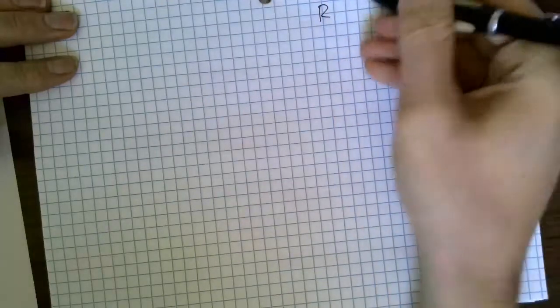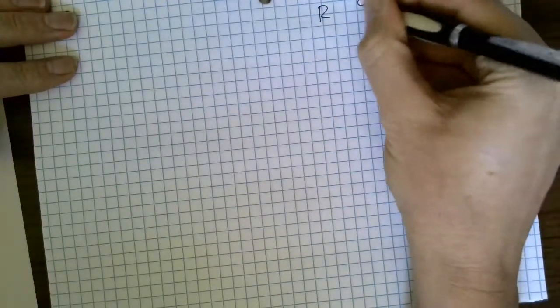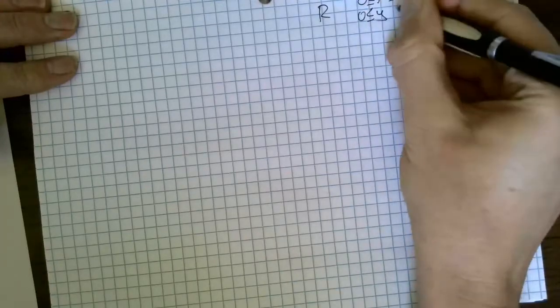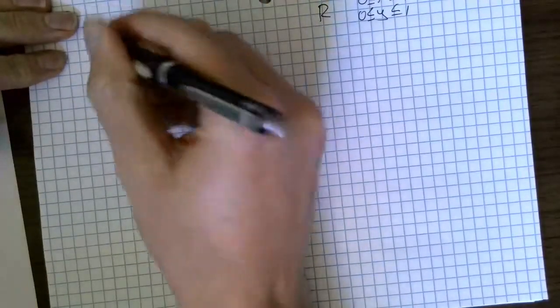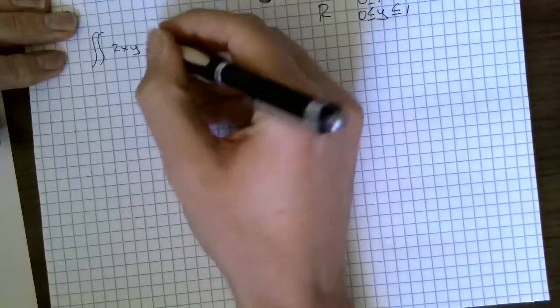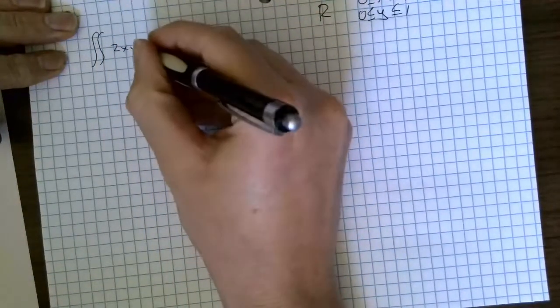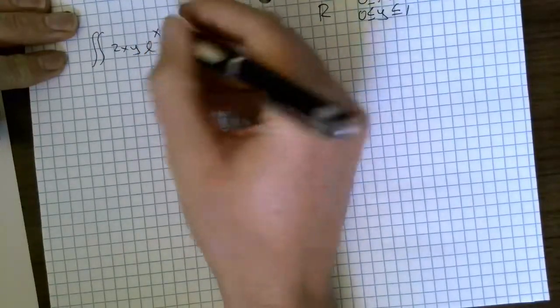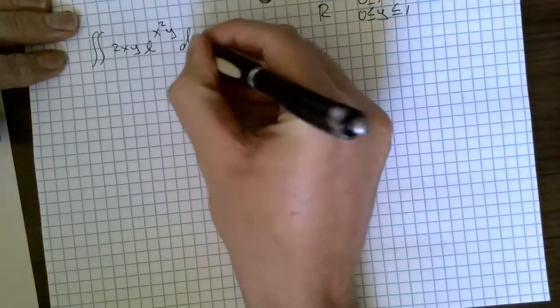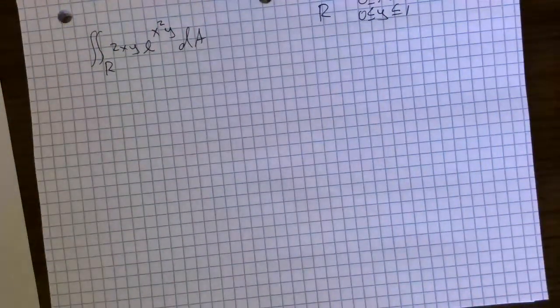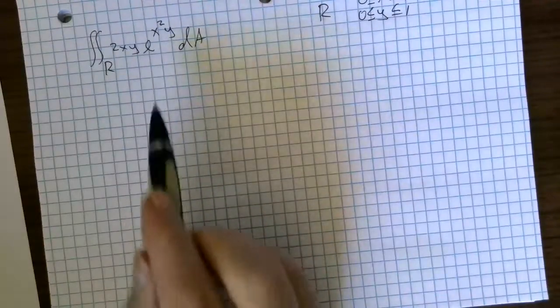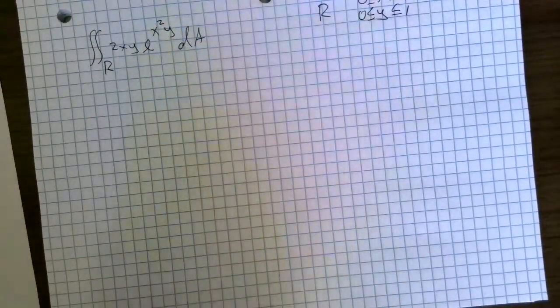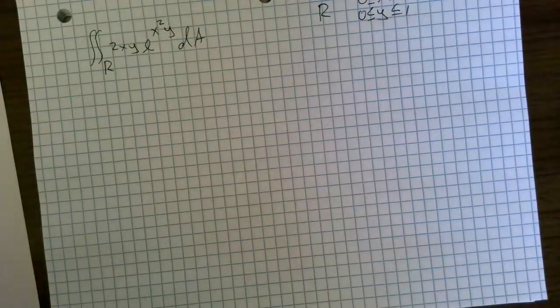Let me just show you quickly one more example. What if my r was, let's do something simpler. Let's suppose that x is between 0 and 1, y is also between 0 and 1, and let's do the double integral of 2xy e to the x squared y dA over r. Now, if I have this, then you might notice that maybe this is much easier to integrate with respect to x than with respect to y,